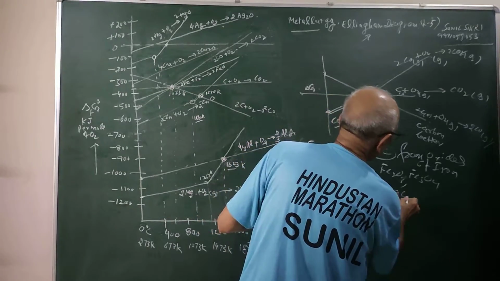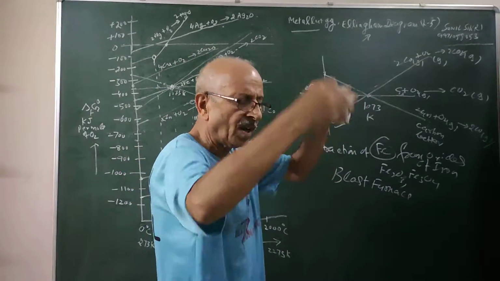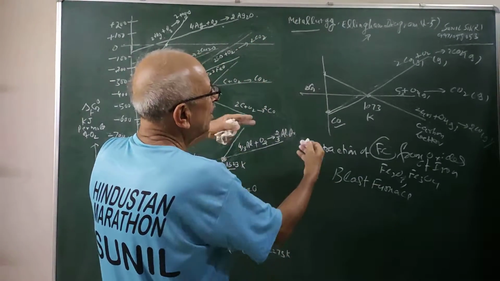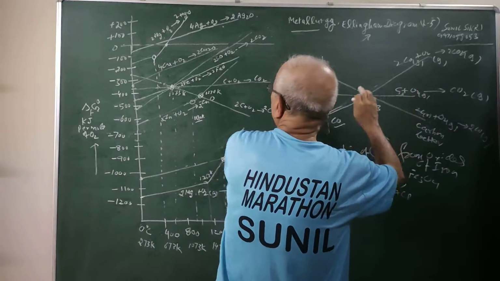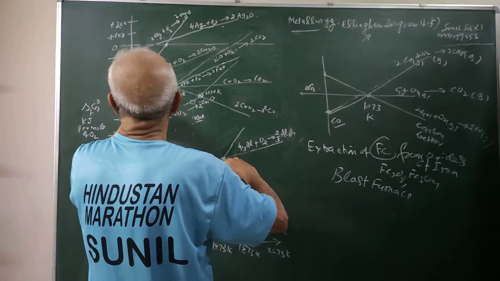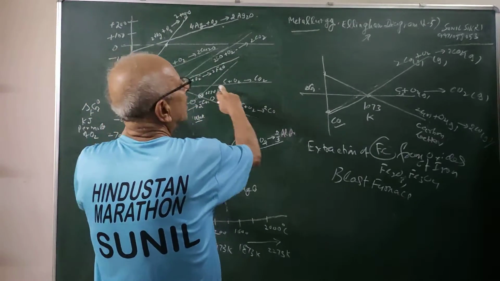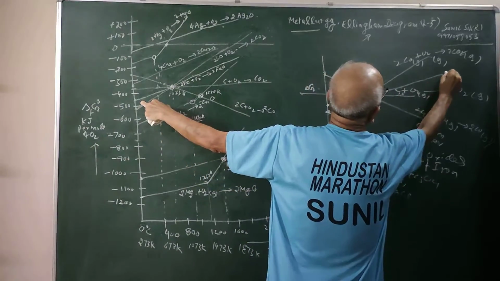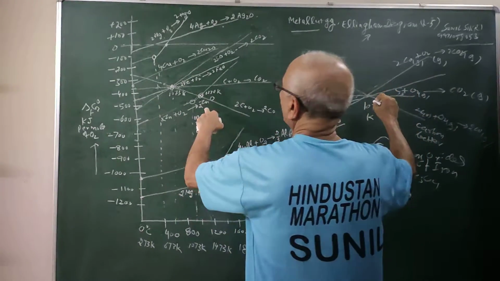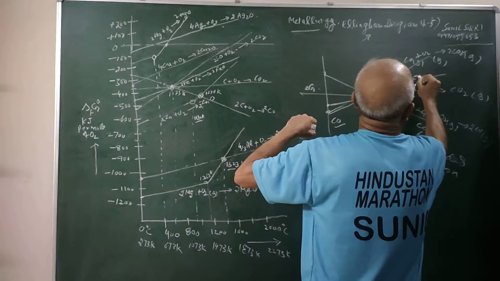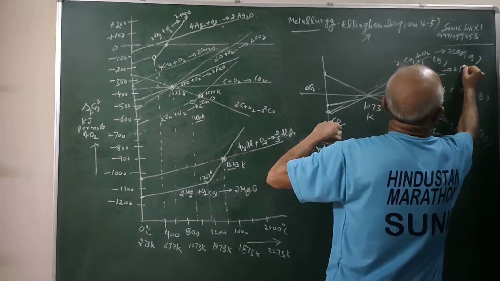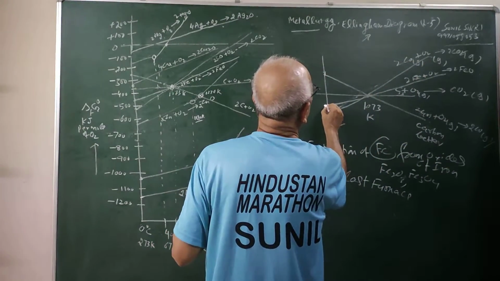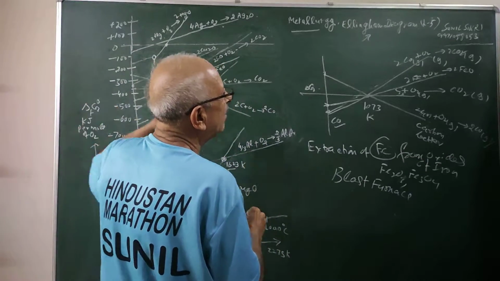In the blast furnace, you see there are different temperature ranges. As you will see in the book, temperatures are changing in the blast furnace, and then whether CO can act as a reducing agent or CO2. For example, here I have shown iron is present here. This is the graph of iron. Iron line is going like this. This is my iron. 2Fe plus O2 gives 2FeO. So this is the crossover point for iron, students. These are the delta G values which are given here exactly.